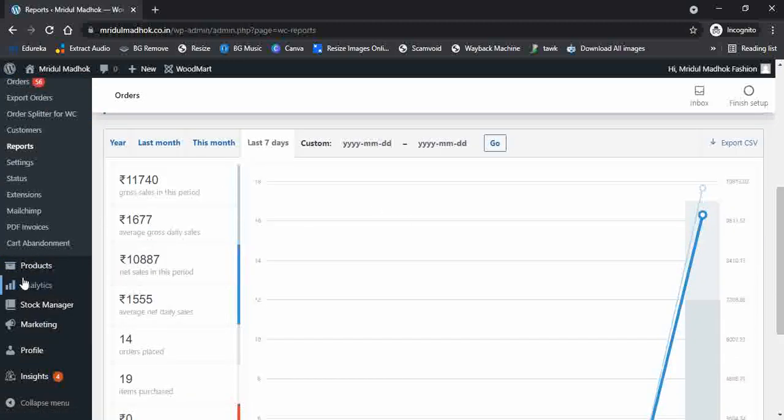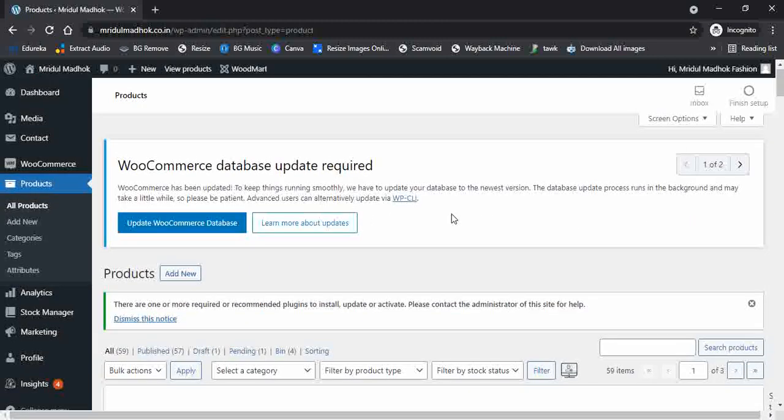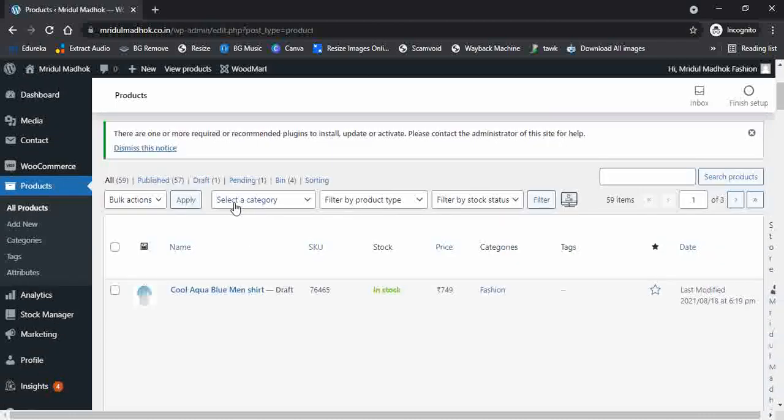The next tab is the products tab, and in the products tab you can see all the products, and you can select a category and filter it.